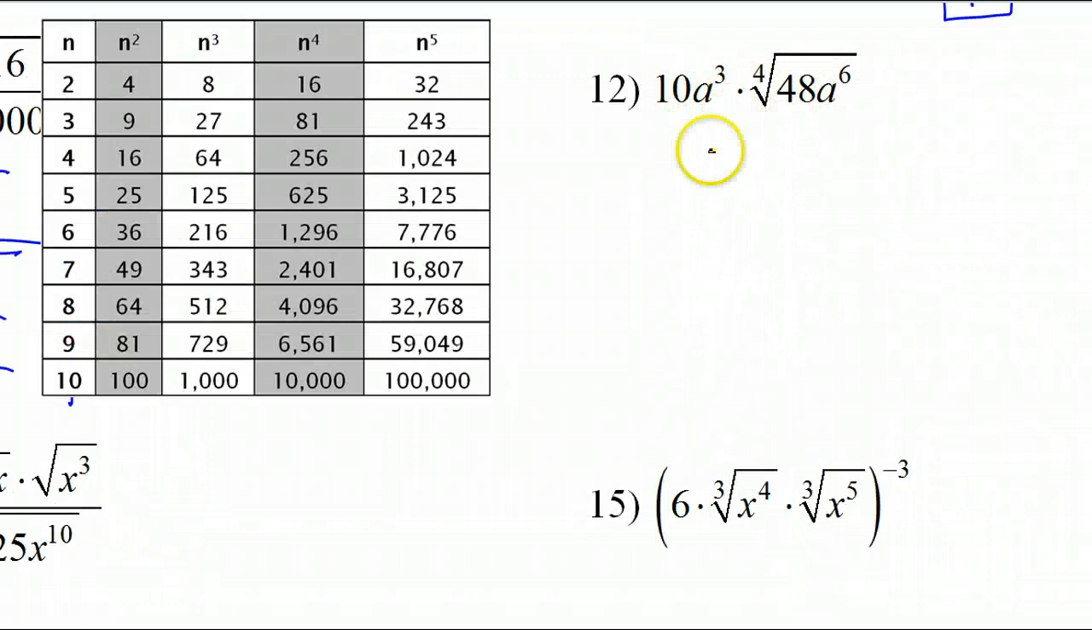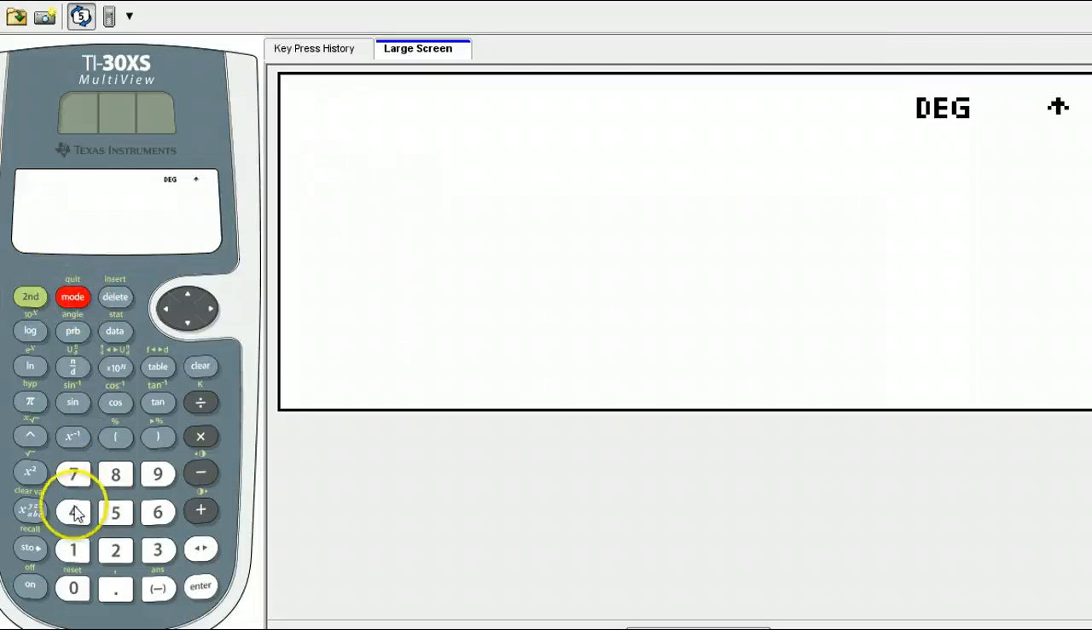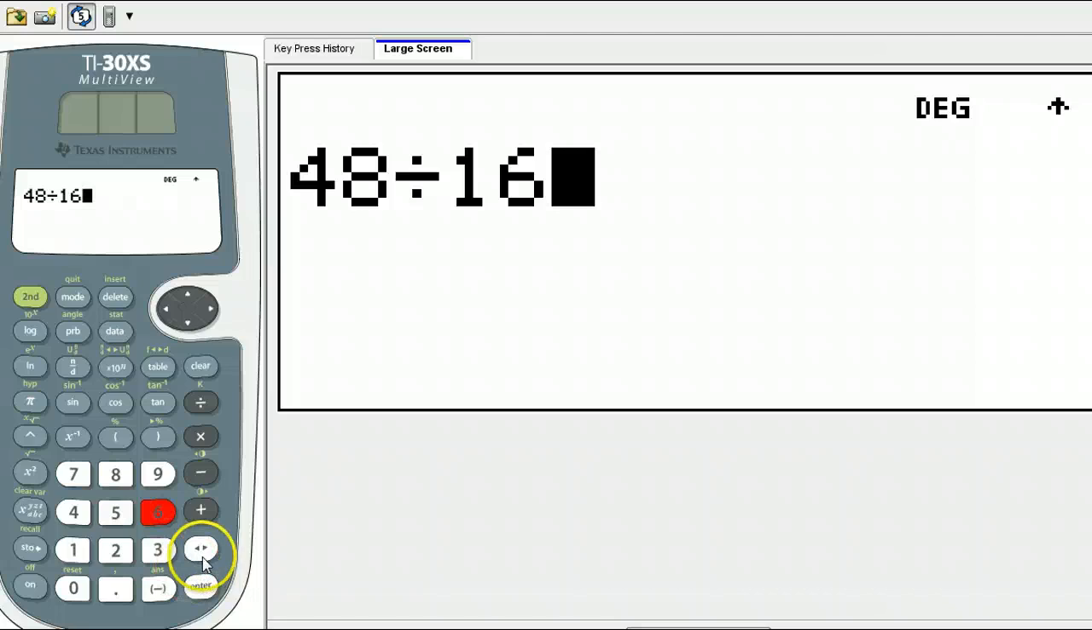Alright, how about number 12? See, we're doing the fourth root, people. Now this stuff in the front is just going to hang out for a while. So I've got 10a to the third power. Now, is 48 on the list of the fourth powers? No. Let's see, does 16 go into 48 evenly? It does. I know this, but just in case you do not know this, 48 divided by 16 is 3, which means